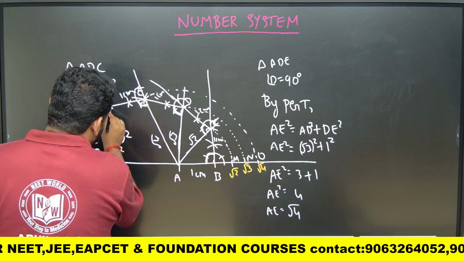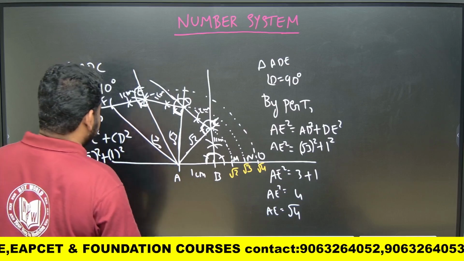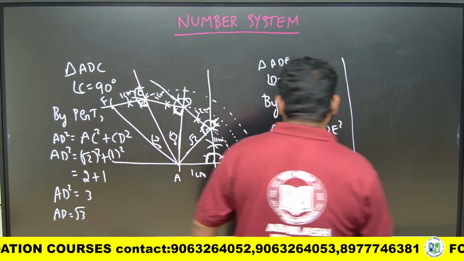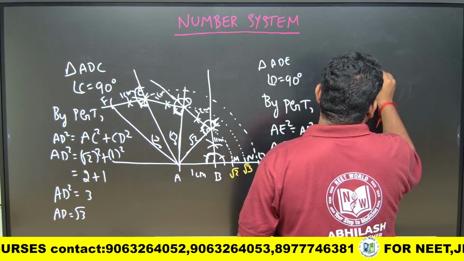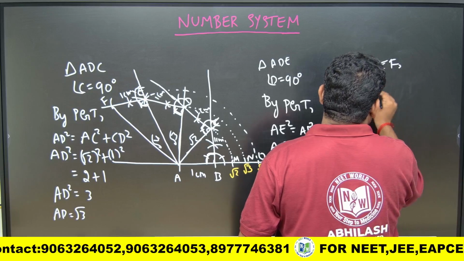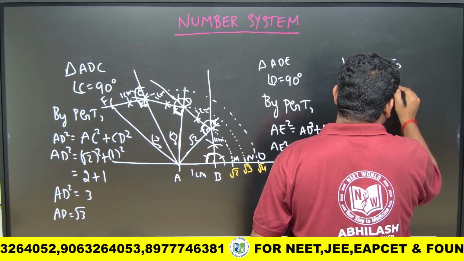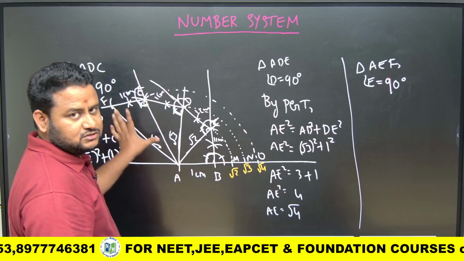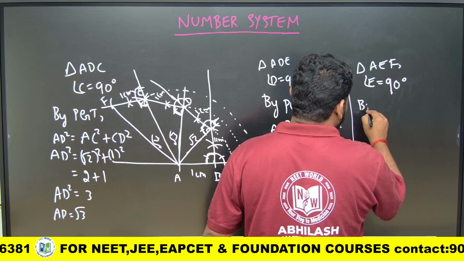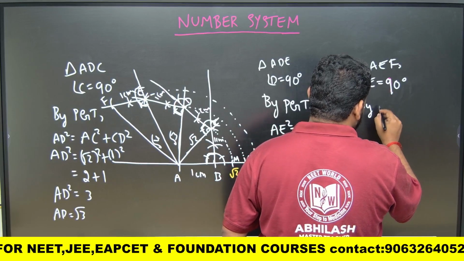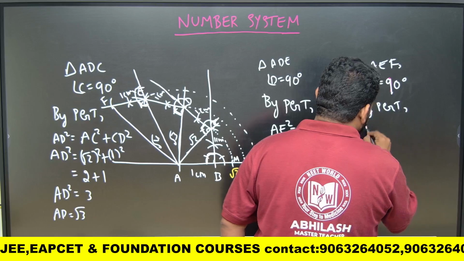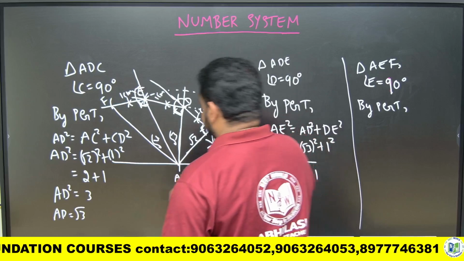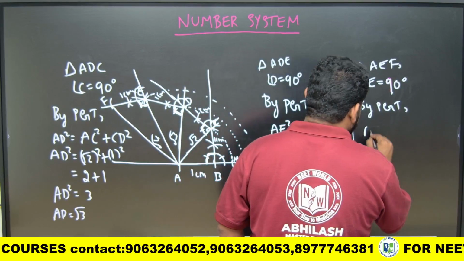From here I'll join A to F. Now we have triangle AEF. In triangle AEF, angle E is 90 degrees. Then AF is the hypotenuse. By Pythagoras theorem, hypotenuse square is equal to the sum of squares of the other two sides. That is not AE, the hypotenuse is AF. So AF square is equal to